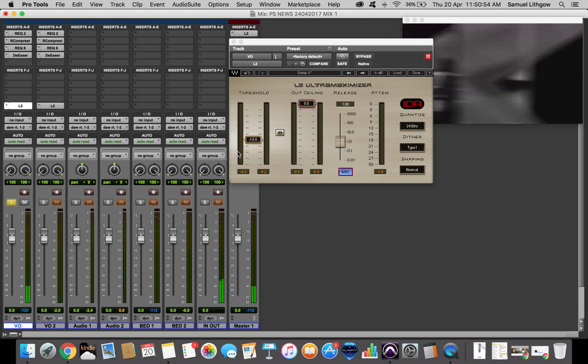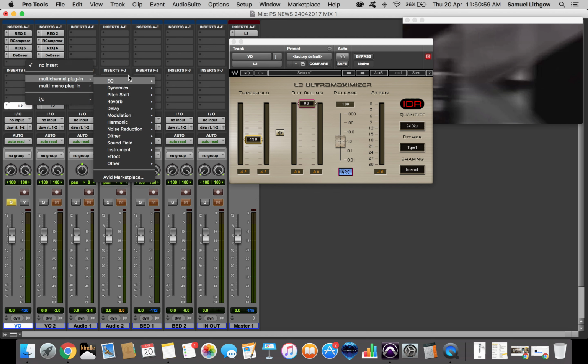Now you can hear that there's a lot more background noise because we compressed it. So you can, if it's too noisy, go to noise reduction, NS1,